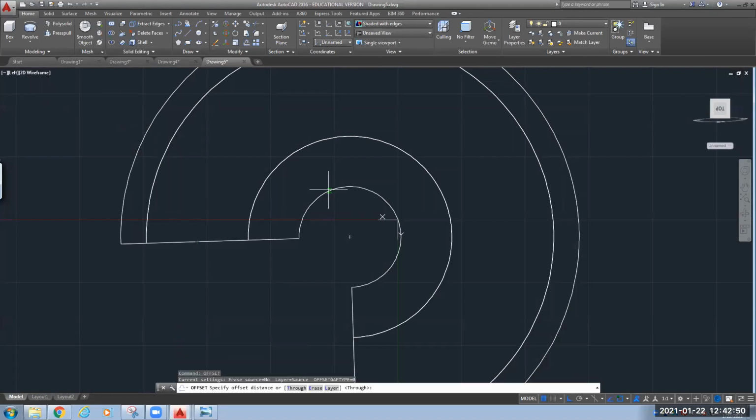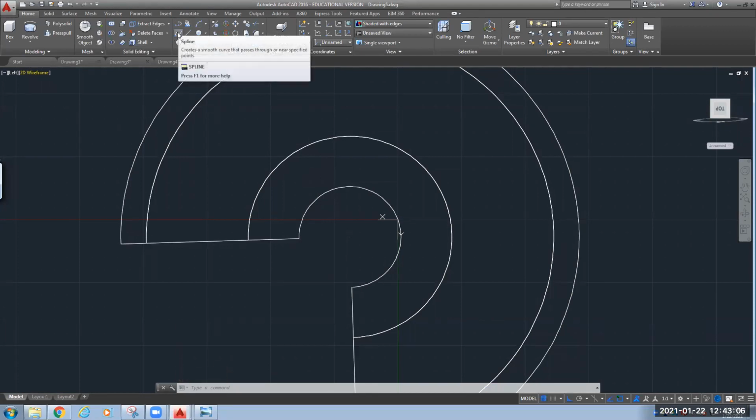Offset distance we can keep as 3 units. Object. Okay, this is a 3D component, so we cannot do the offset. So let's do it with this polyline.